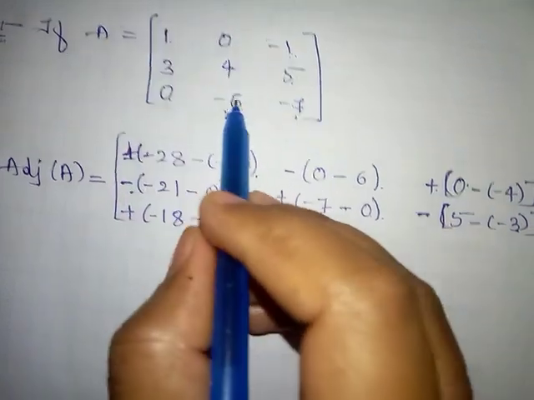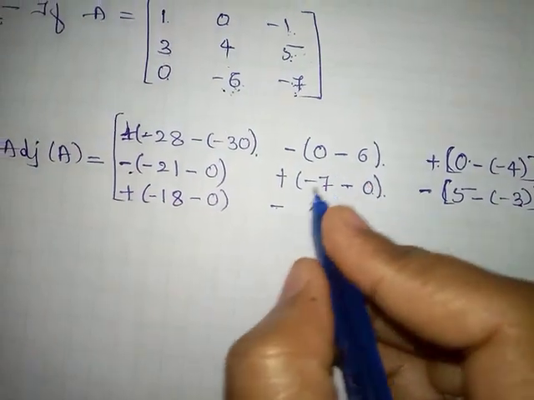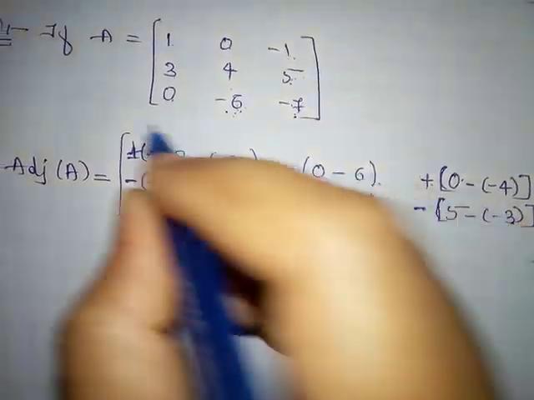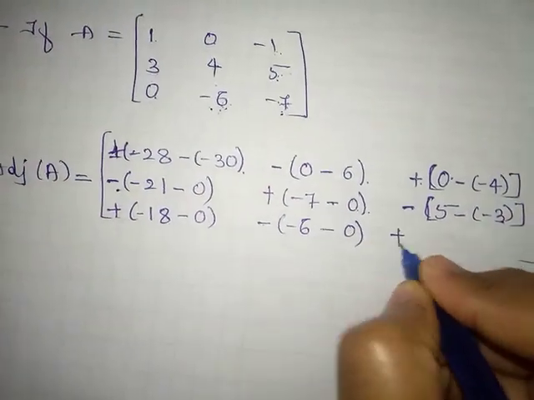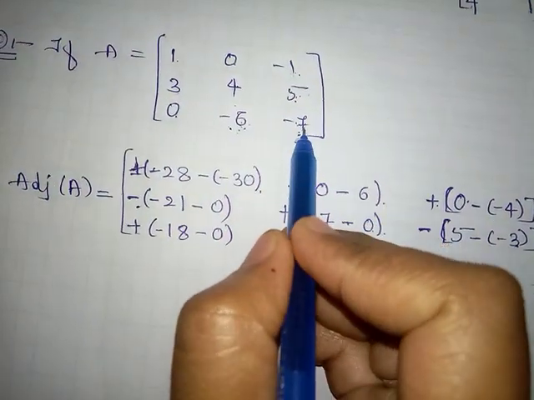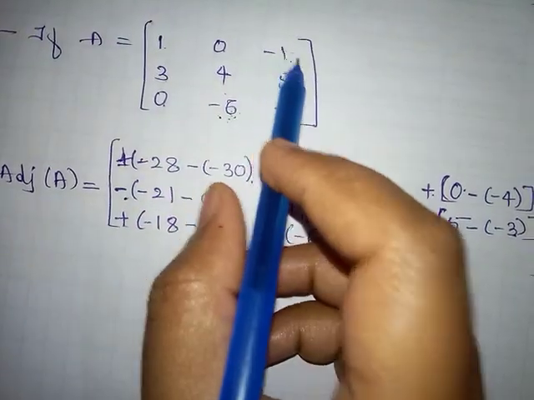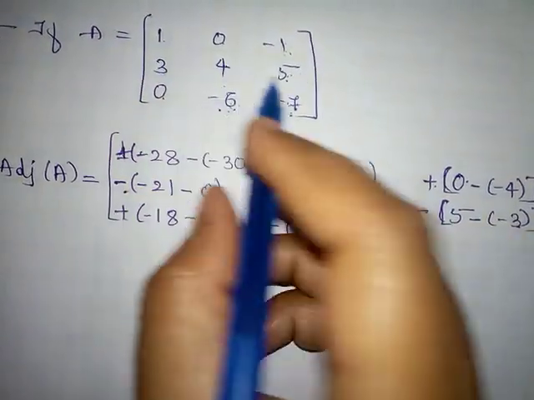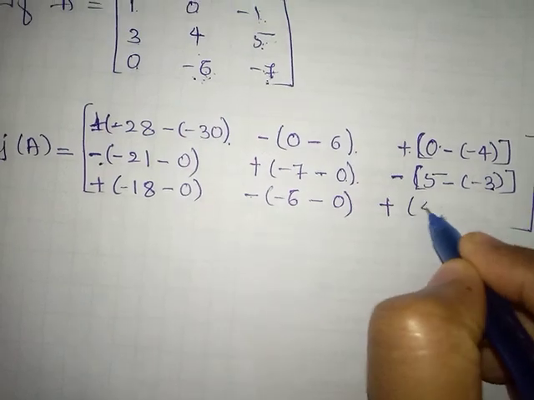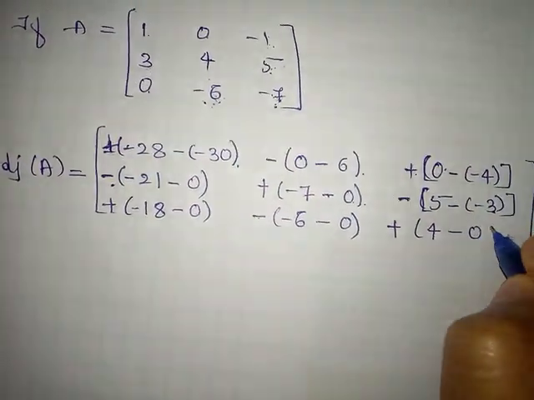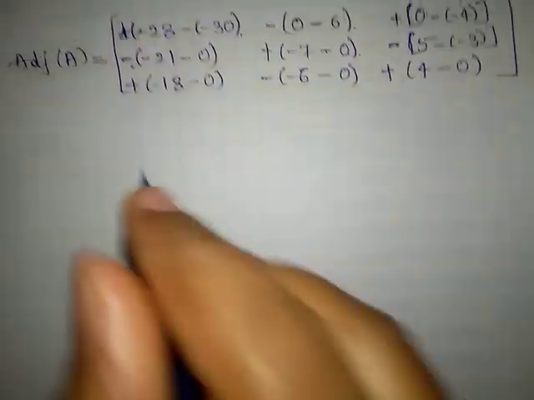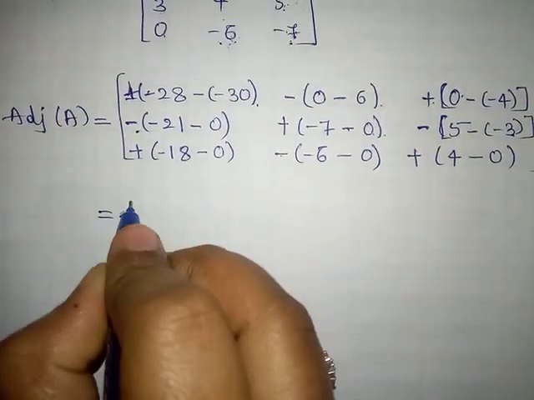It is 1 into minus 6 is minus 6. Next, 0 into 0 is 0, minus 0. Then plus, we have to avoid the last row and the last column. 1 into 4 is 4. Then 3 into 0 is 0, minus 0. Now simplify this one, which is equal to,